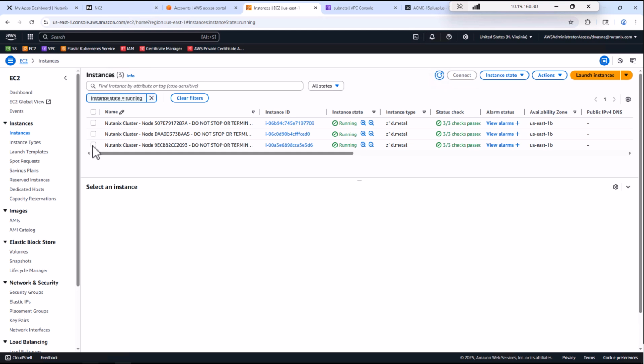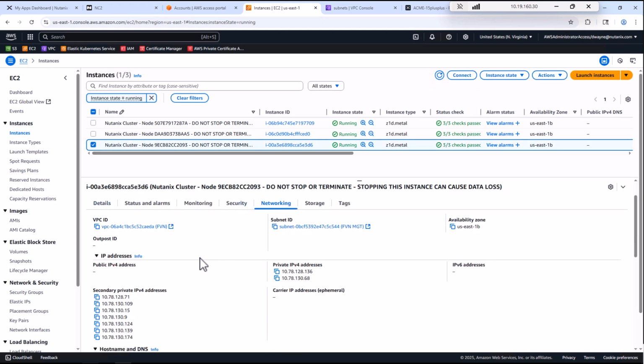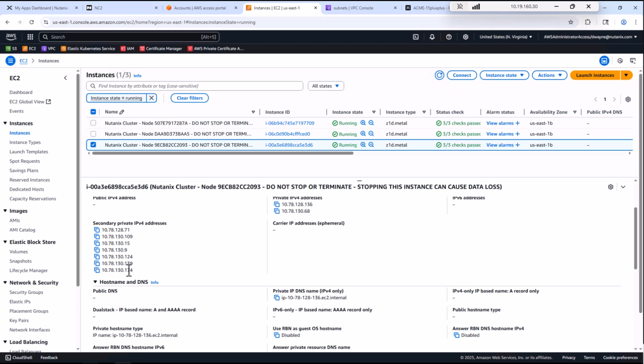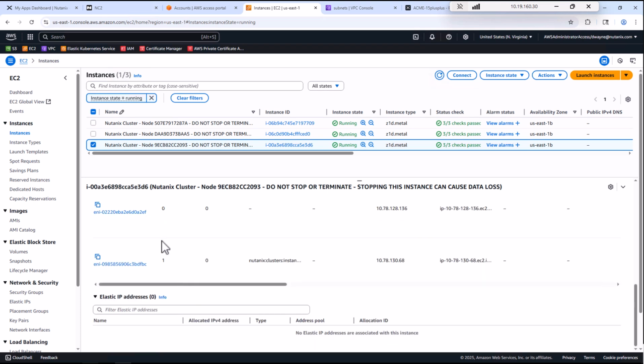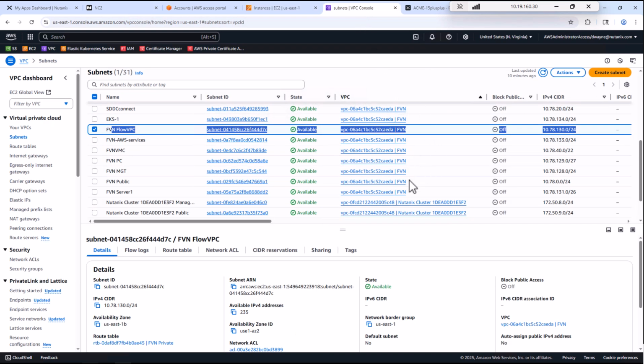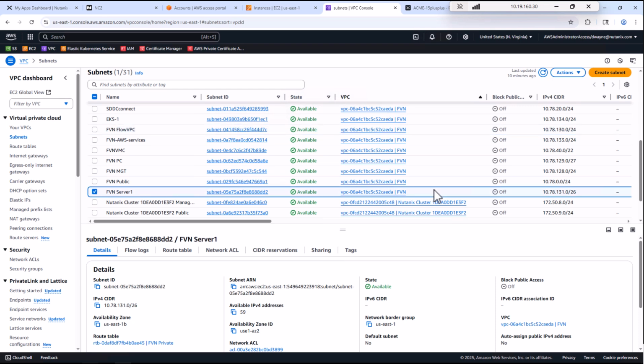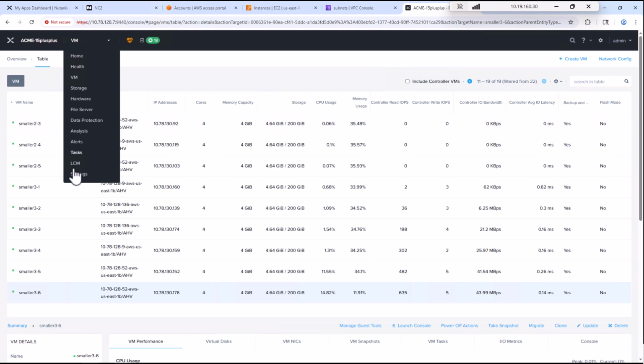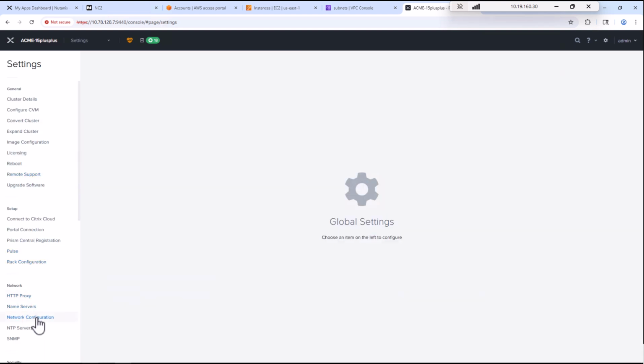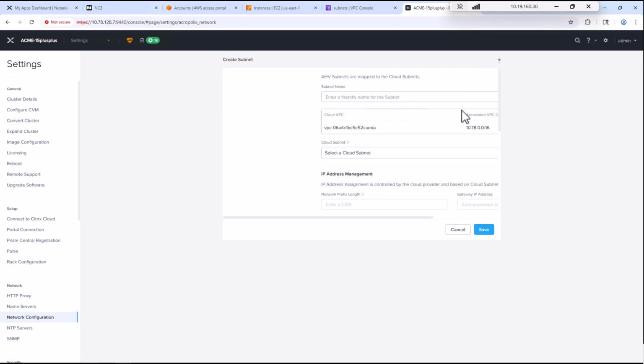If we take a look at another node, networking, our secondary IPs are where those VMs are going to sit. And we can still see that we're consuming just the 2 ENIs on the host. But we still have the ability to consume an entire range like we did before. So we'll use this 131 range, go back into our cluster networking configuration within settings, create subnet,